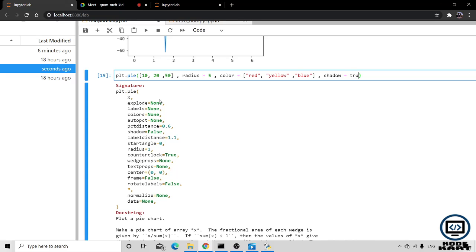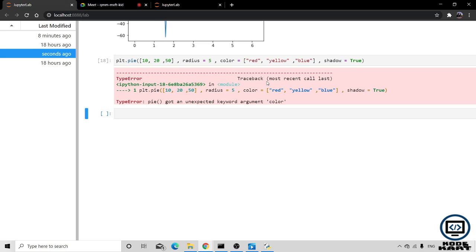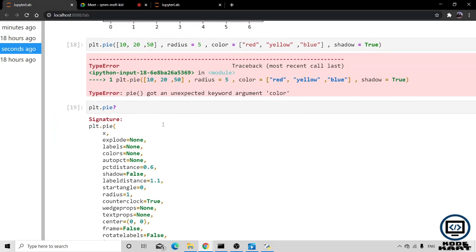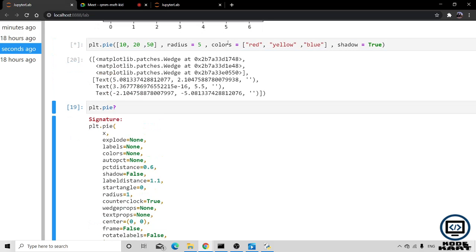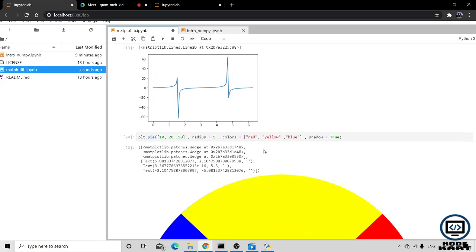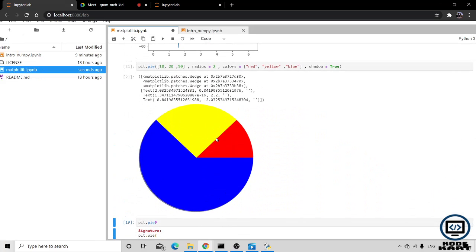Okay, what is the problem in color? It is colors. Yeah. So how is this now looking? Radius, well, let's put the radius up to 2. Now it is looking fine. Okay, so you can generate the pie chart accordingly, as much as you want.